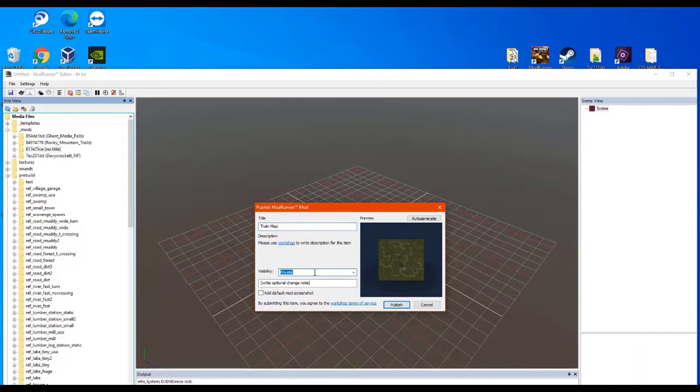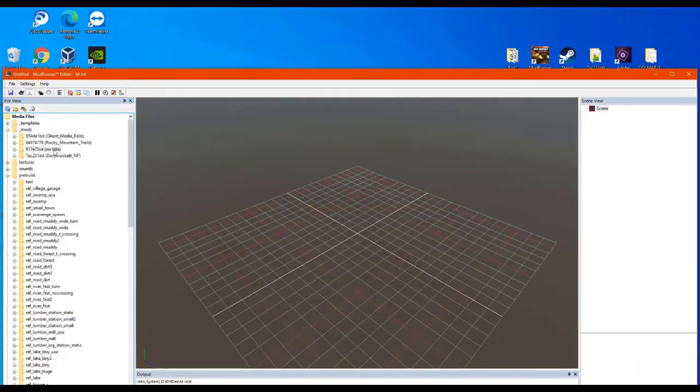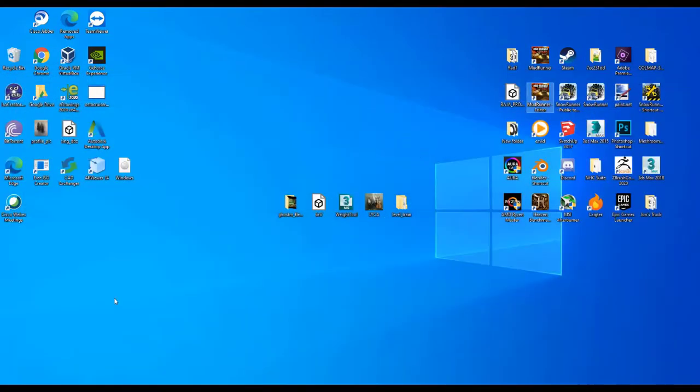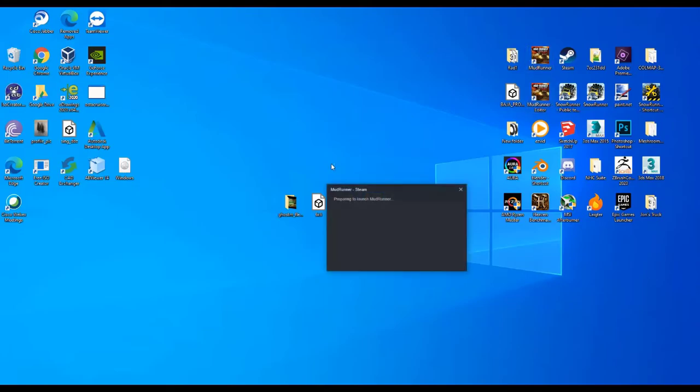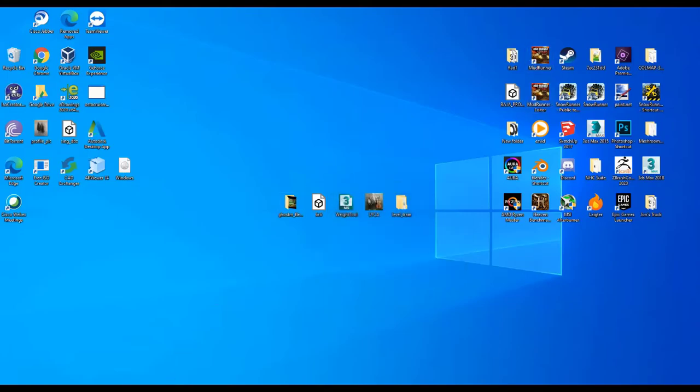And then this is where I would set it to public, friends only, or private. Typically I set mine always to private first. Then you could type in your change notes and hit publish. I'm not going to do that. I don't want to publish one. But you can test your map. So I showed you all of that to show you that if you jump into Mudrunner,